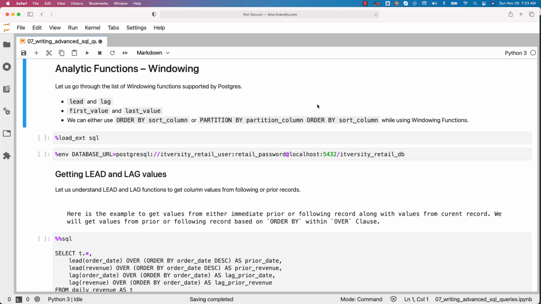Let us go through the list of windowing functions supported by Postgres. We have lead and lag as well as first value and last value. We can either use order by sort column or partition by partition column, order by sort column while using windowing functions. This approach of order by sort column is used to get the windowing done on global dataset. If you want to perform windowing within each partition, then we use this approach of using partition by partition column,